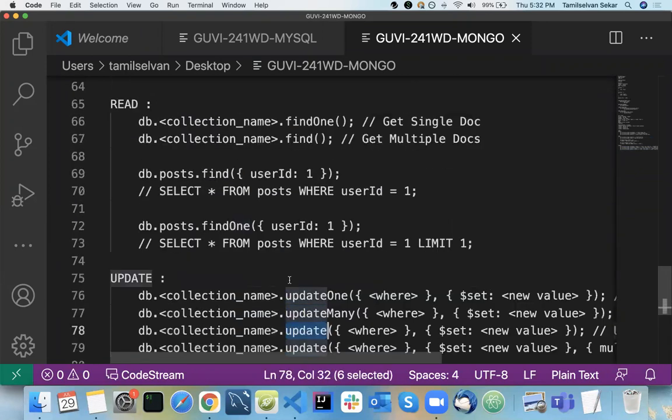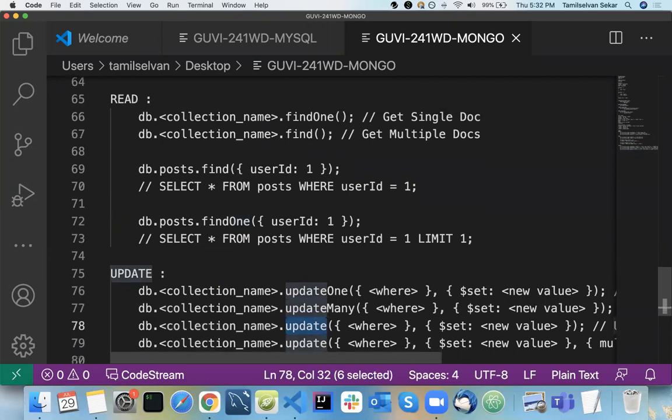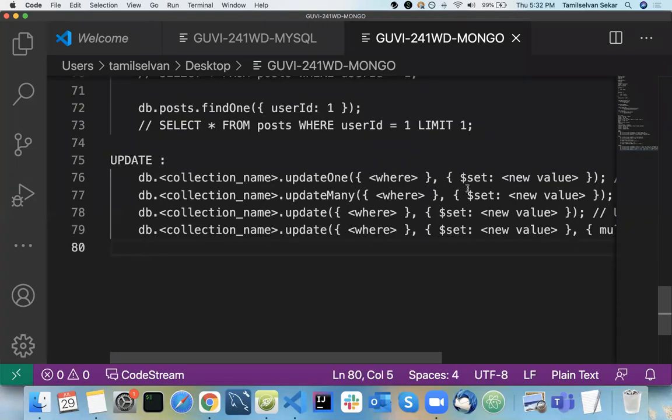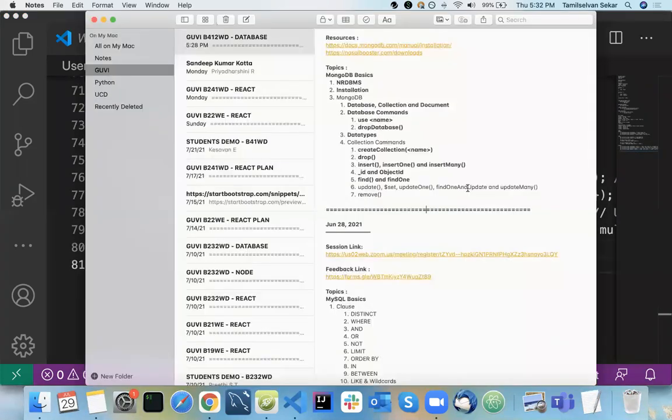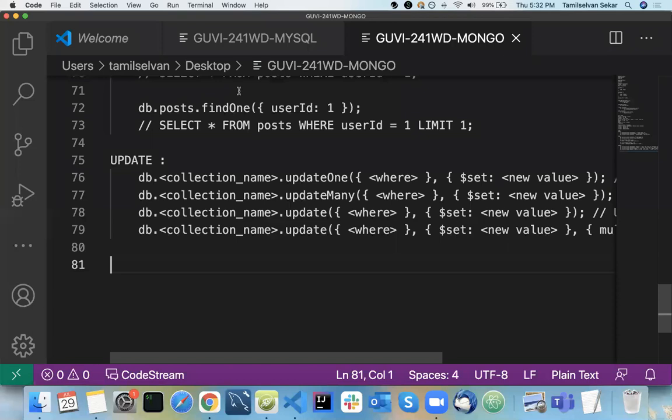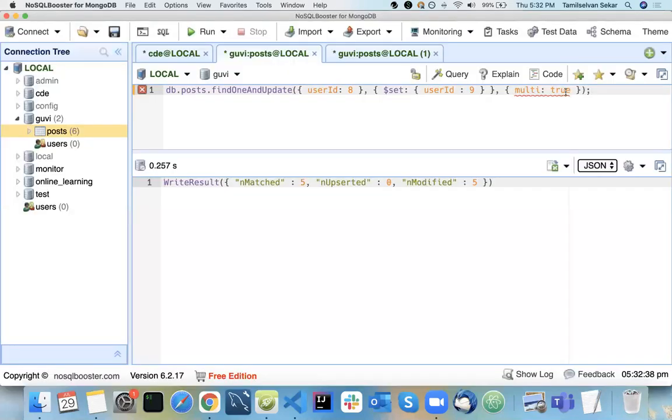Now the last topic for today is something called find one and update. Find one and update is exactly similar to your update one.